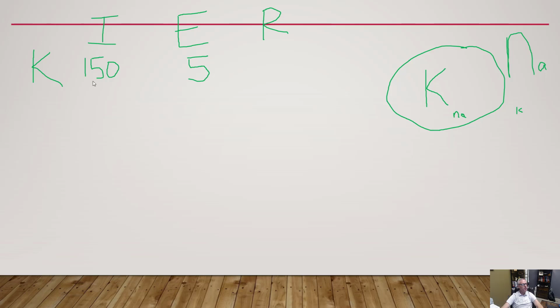So that ratio, 150 divided by 5, is about 30 to 1. On sodium, intracellular is about 10, extracellular is about 140. So that ratio, 140 divided by 10, is about